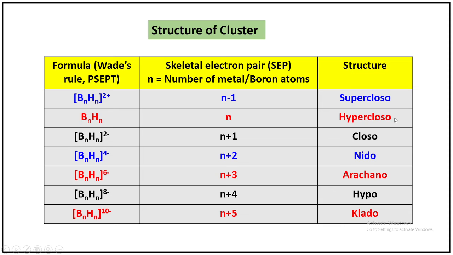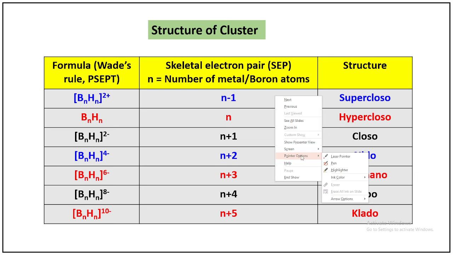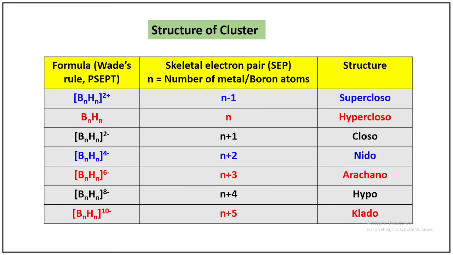Okay, this table is very important. If we have a given borane structure, borane means the compounds which contain boron and hydrogen. Carborane, along with boron and hydrogen, carbon will be there, or any other organometallic compounds. We can find out what the structure is: supercloso, hypercloso, closo, nido, arachno, hypercloso. Anything we can find simply by calculating the skeletal electron pairs. How to calculate this, I will discuss with you in the following slides, and you have to remember